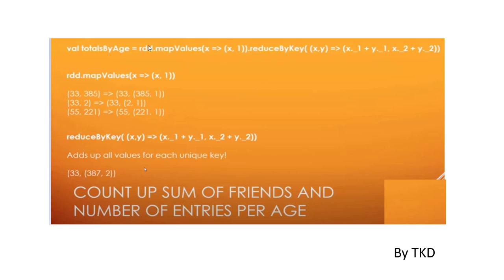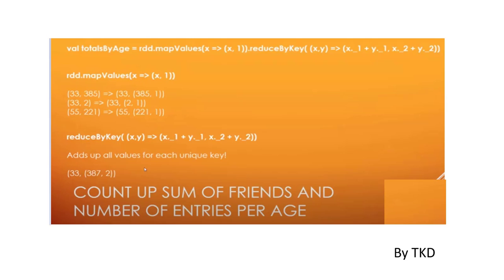So basically this is saying: start with the age and number of friends RDD of our input data, map that using the function here, take the resulting RDD from that step and then apply reduce by key on that RDD as well. So we are doing two steps as one here. Pretty common to see, but let's break it down further. The first part is rdd.map values